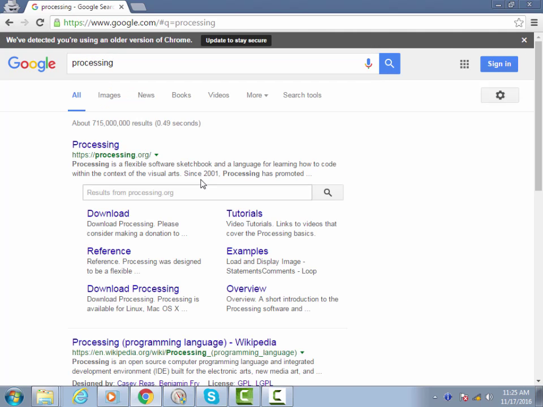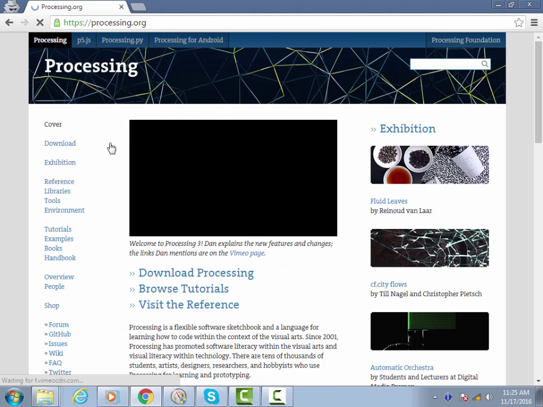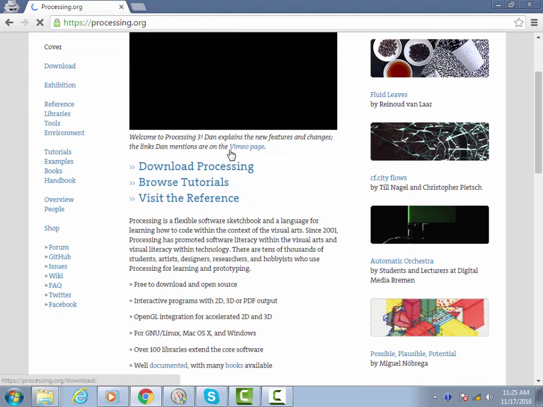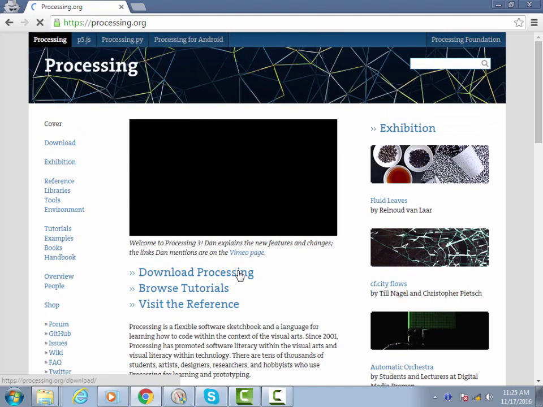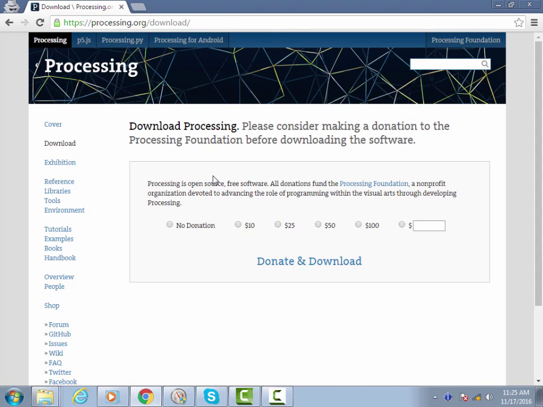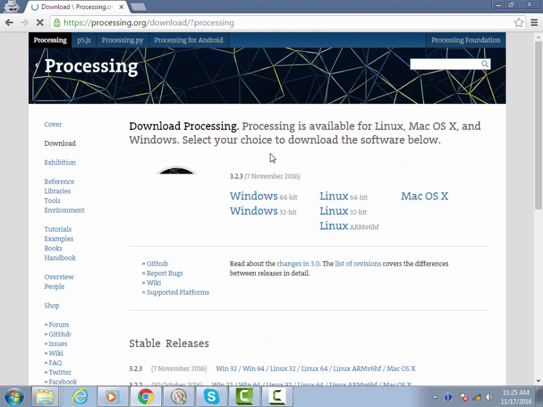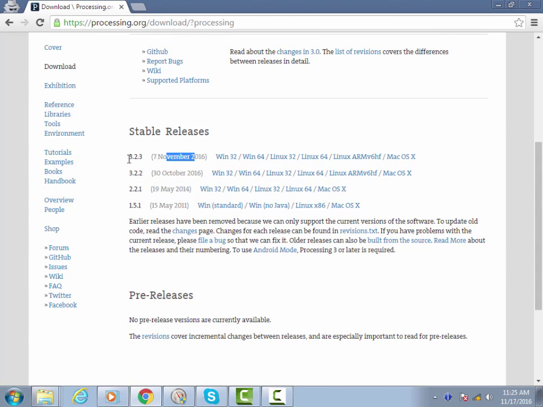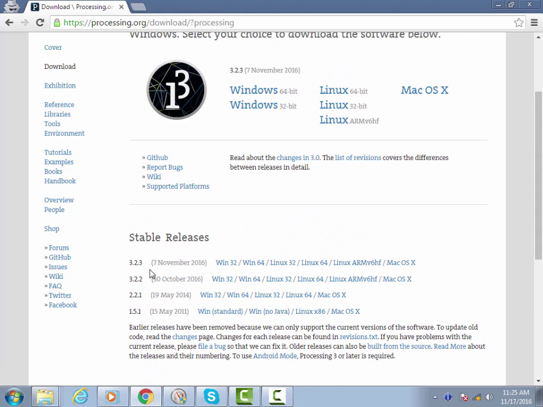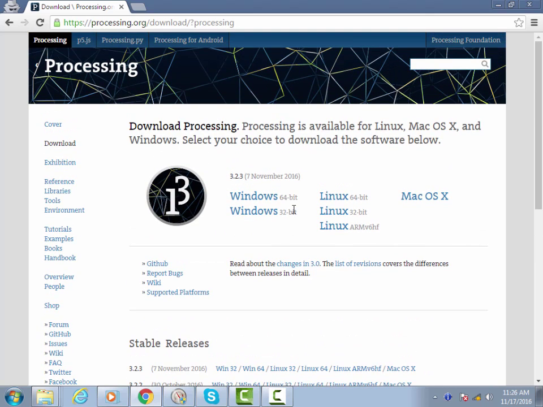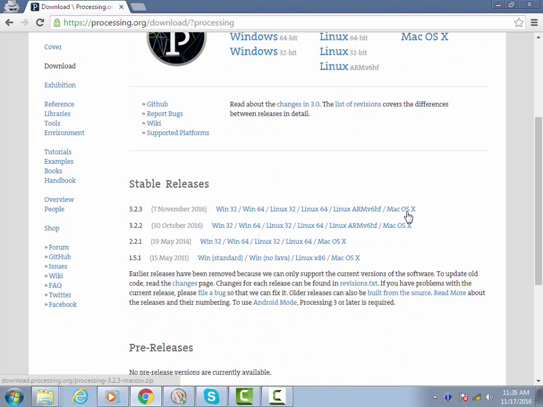And this is the bootstrapped language that we are going to be using. So click download, or actually, you know what? Just in case you look at this video in the future, I'll do this this way. So download processing. Now the one that you want to download is the one that is currently the newest, the one I'm using, just to make sure that there's consistency. As of now, this is the least buggy, and your undoing doesn't mess with it. But yeah, in this series, I'll be going over version 3.2.3, and my operating system is a Windows